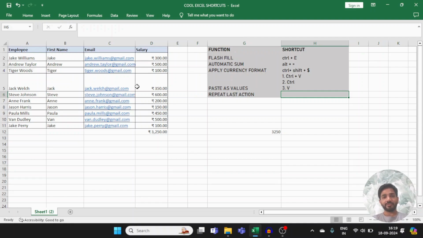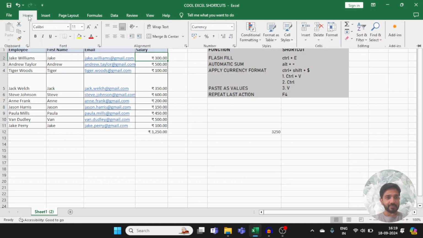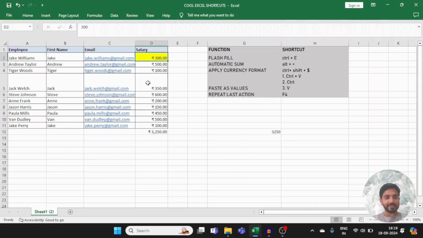The last shortcut which we are going to look at is for how to repeat some action that you have just performed in Excel. The shortcut for this is simple. Press the F4 function key and you will be able to repeat the last action that you have performed. So suppose I apply some color to this cell and then I want to apply the same color to this cell. I'll just press F4 key and you can see that the yellow color has been applied to this cell as well,